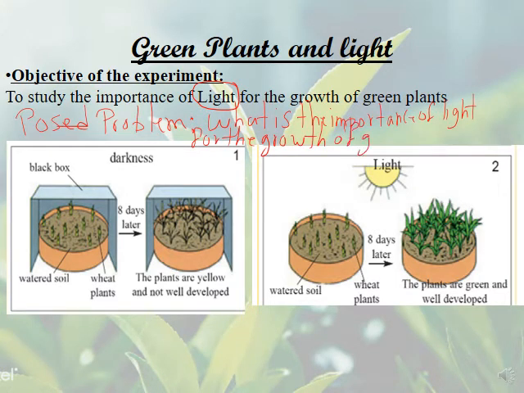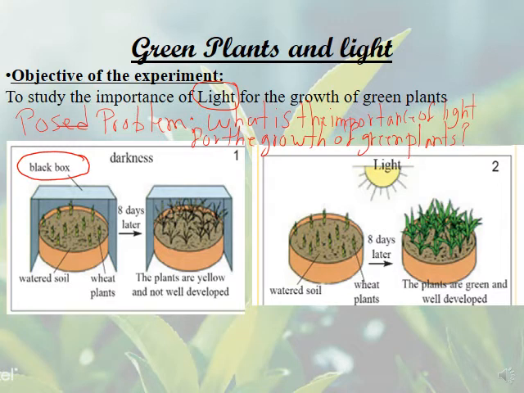Okay, and don't forget to put the question. As you see, the aim and the pose problem, they are very close to each other. Here we have 2 plants, 1 and 2. One that's placed in darkness, and 2 that's placed in the presence of sunlight, so they cover it with a black box